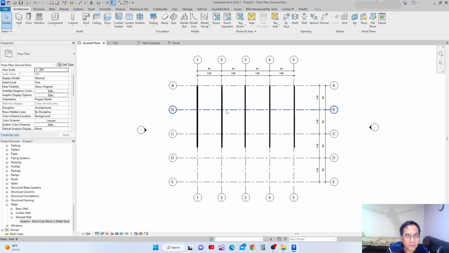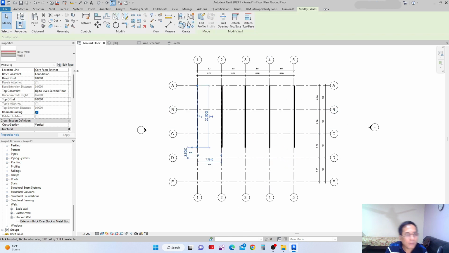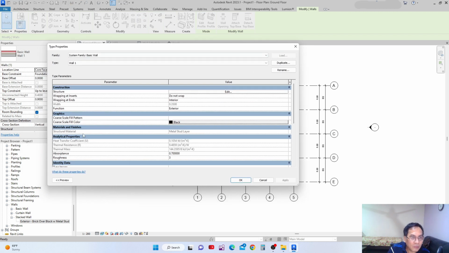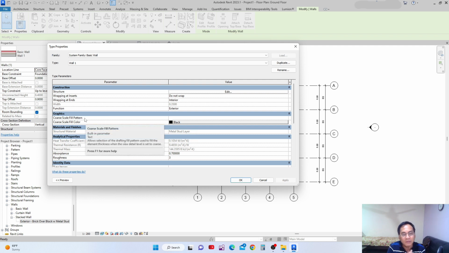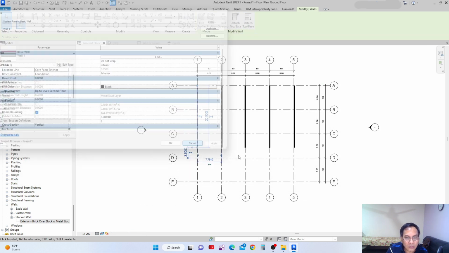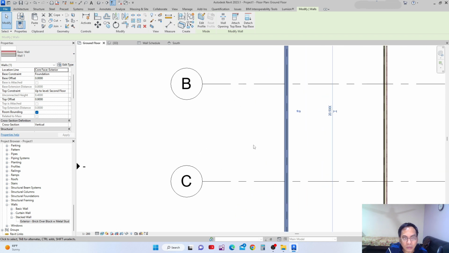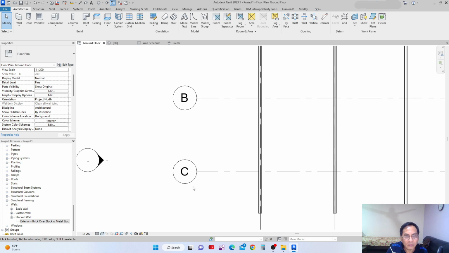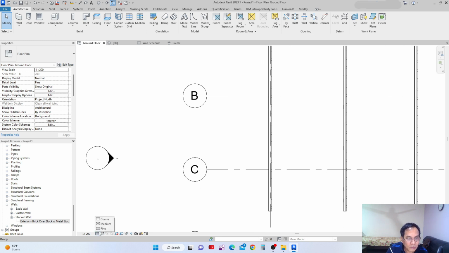back here. So I'm going to select one, and then edit, and then in edit I have again another one that is very important to remember. I have a function, and then there is a coarse scale fill pattern. So what is that coarse scale fill pattern? So I want to zoom this out one, and I'll go back to this wireframe. So this is a wireframe, and make it coarse,